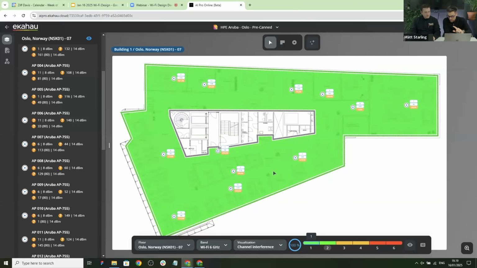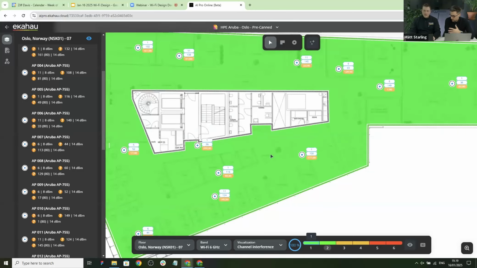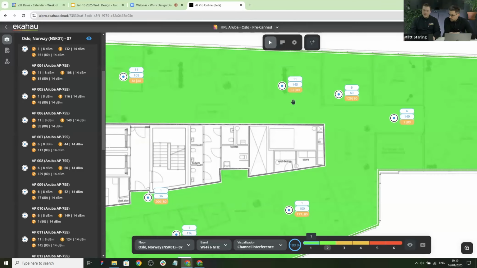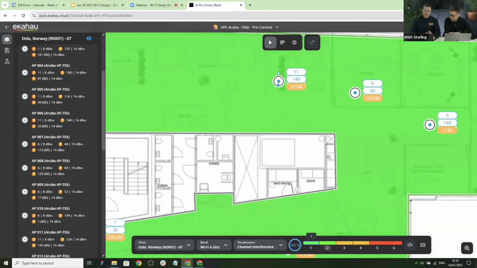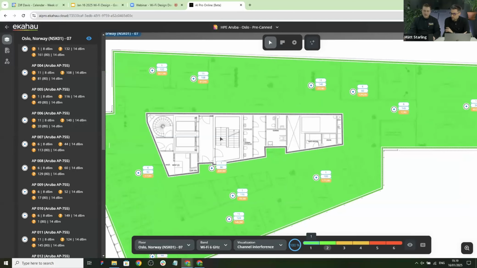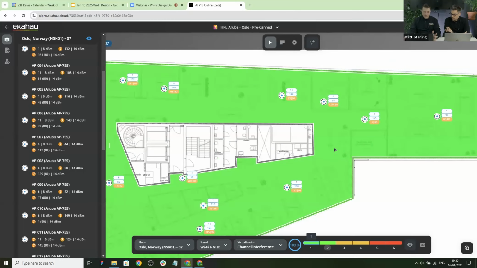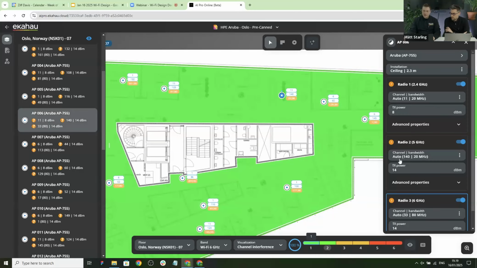Vlad, someone just mentioned in the chat that when we changed the access points, it reset all of the transmit power of the radios to the default that we use in Ekahau. And then what's actually happening with the channels? Are we doing that manually, or is there some sort of automation going on here? No, actually, by default, we are automatically optimizing your channels. So the reason why you see a perfect channel interference heat map is that we have recalculated the channels, so we always do that. Of course, if you want to do some manual changes, we have an option.